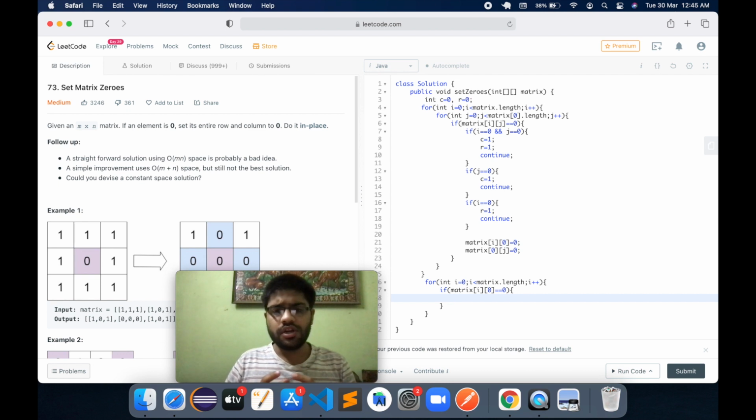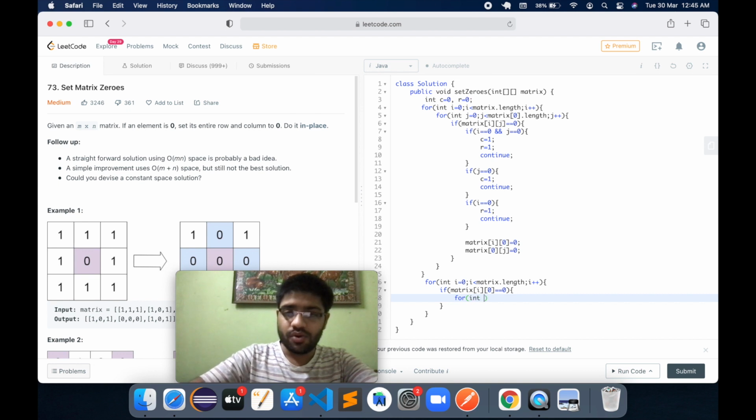This means your i is varying, it means your row is changing, right? And your 0 indicates the first column. So you are going through the first column. If you find anything 0, you have to make that entire row 0. So that means your entire row, which is